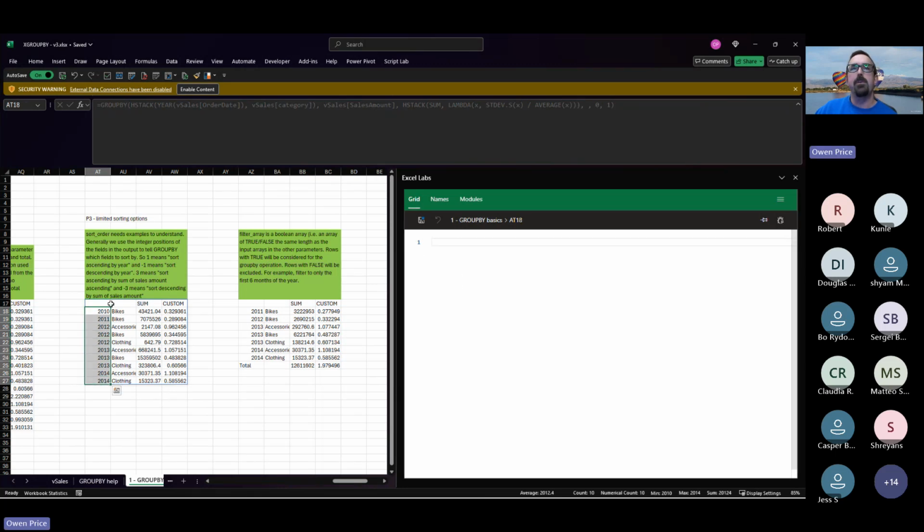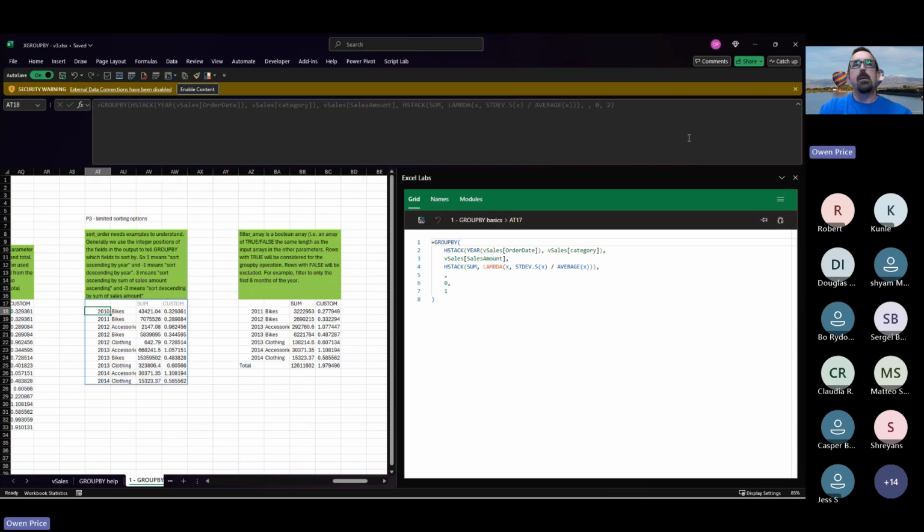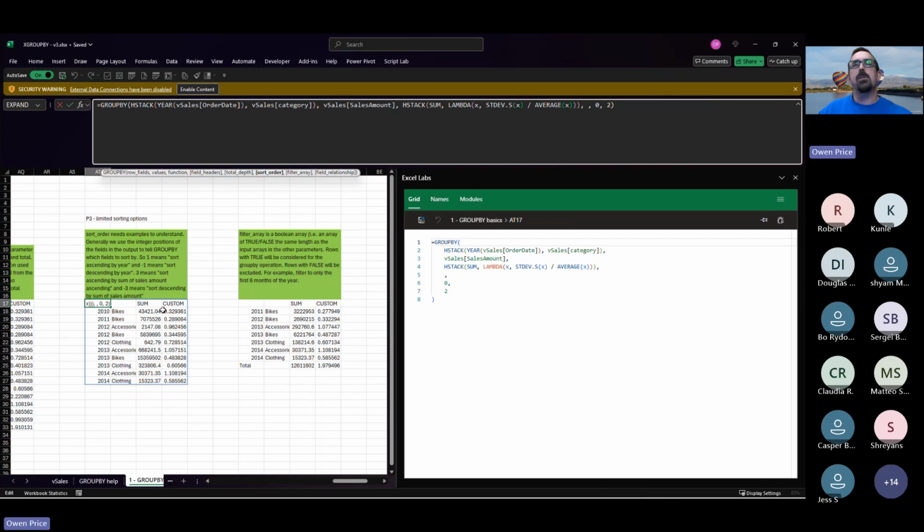If I change it to 2, it will sort by category. Should sort by category. Using the right sort order, 2. All right, yeah. So the other thing to consider is that